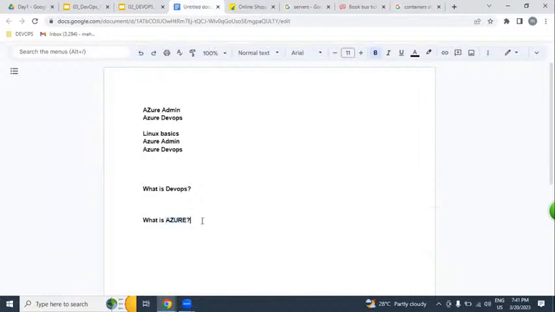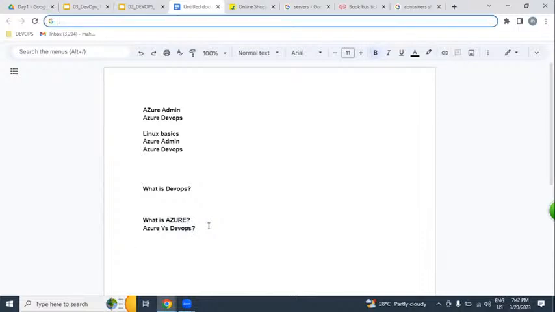And what is the difference between Azure and DevOps, we are also going to be discussing from tomorrow onwards. Tomorrow we're going to be discussing these points. The same way we understood DevOps today, tomorrow we're going to be discussing what is Azure. After understanding Azure, we can conclude what is the difference between Azure and DevOps. We can understand it in tomorrow's session. Tomorrow we will meet on the same link.